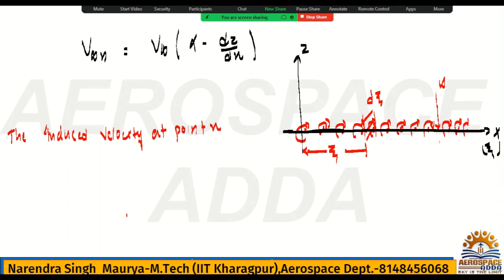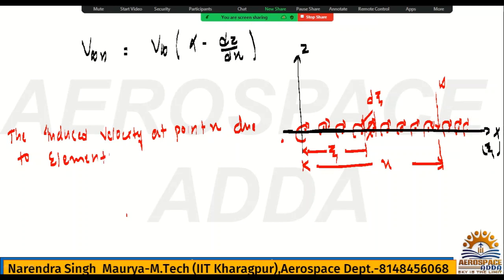I can say this is nothing but x. Okay, induced velocity at x due to the elemental vortex at point zeta is given by,